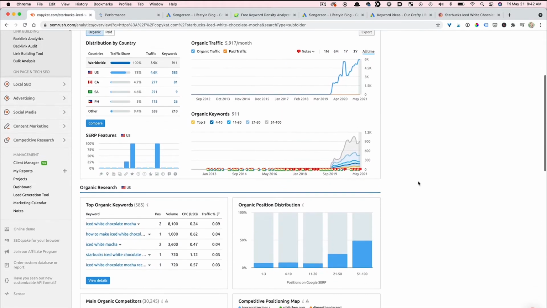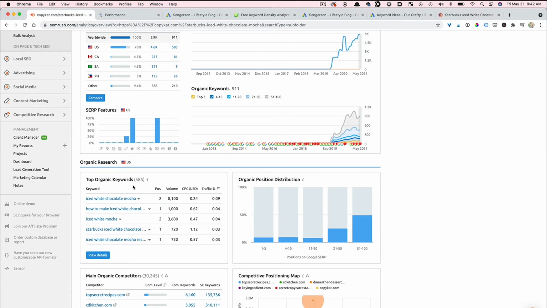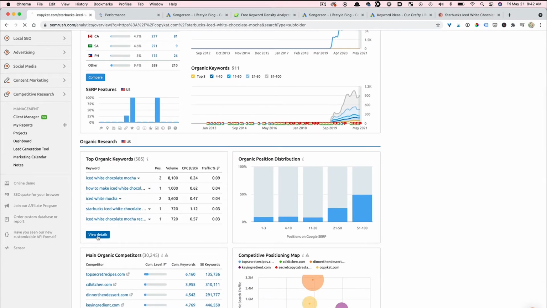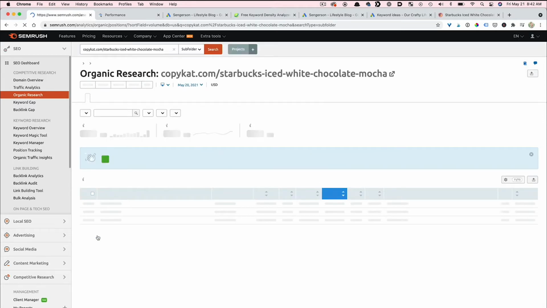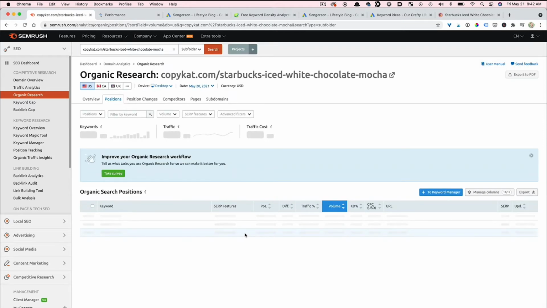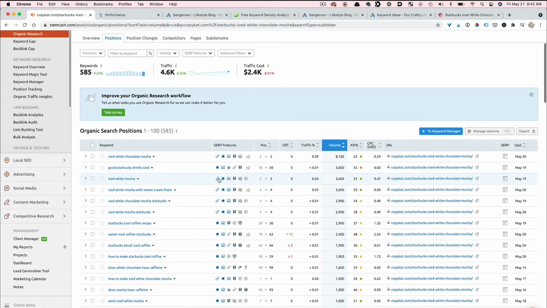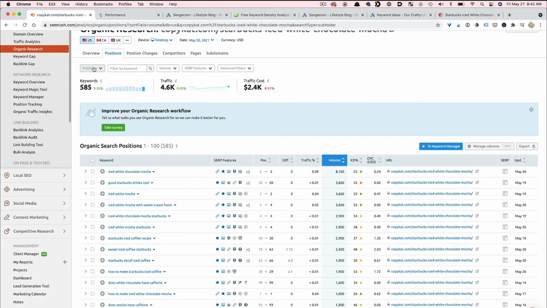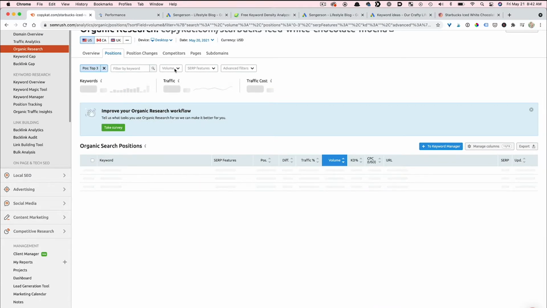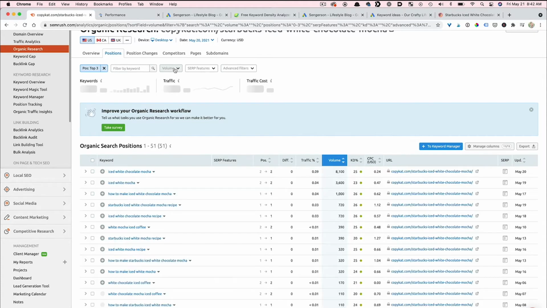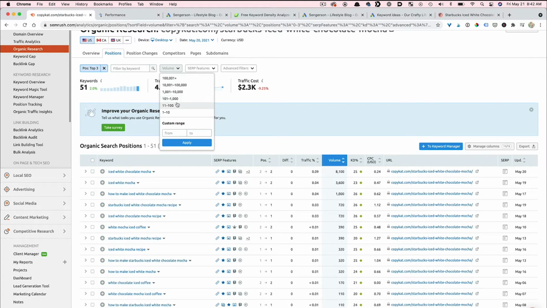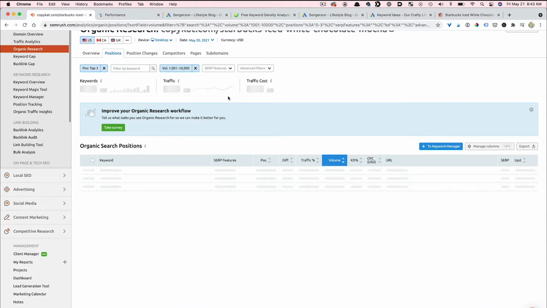And if you scroll down here, you can see what their organic rankings are. So I'm going to go ahead and click on view, okay? And this is by specific blog post, which is interesting. So if I go in here and take a look, they are ranking. And what's really cool about this tool is I can filter. So let's say I wanted to filter to their top 3 positions, okay? And let's say I'm trying to rank for this. I want to look at keywords that are about 1,000 to 10,000, okay?